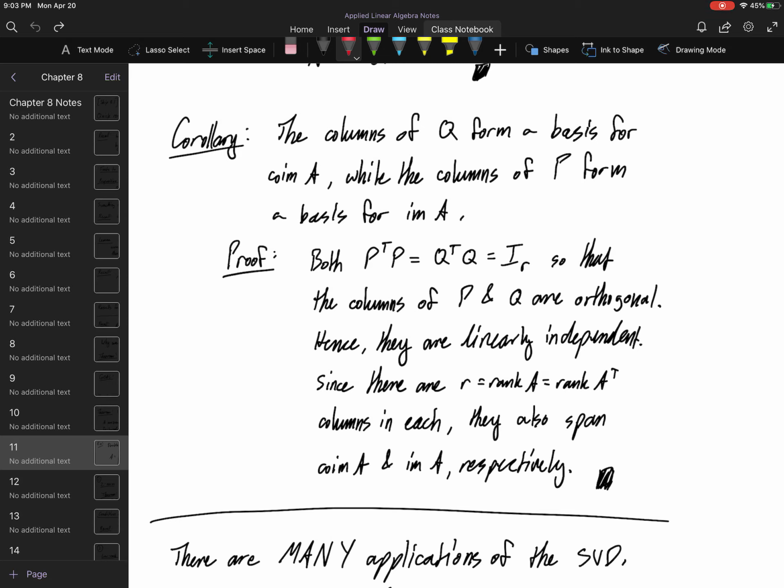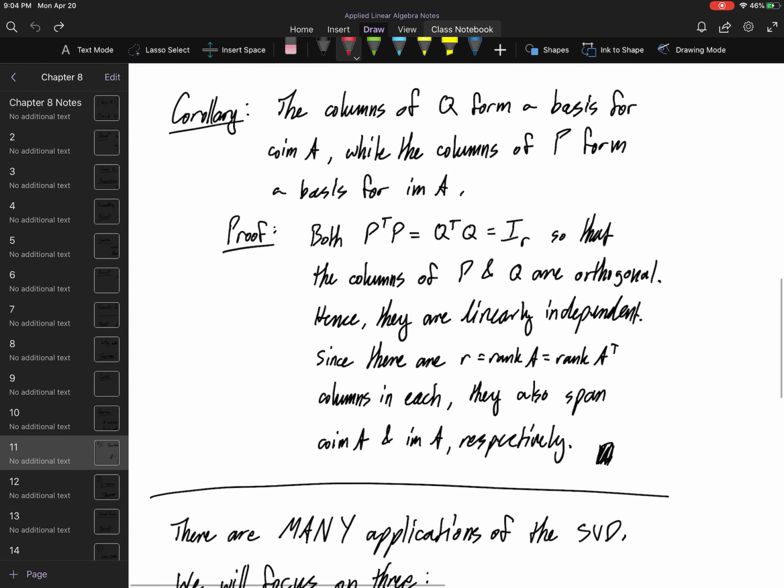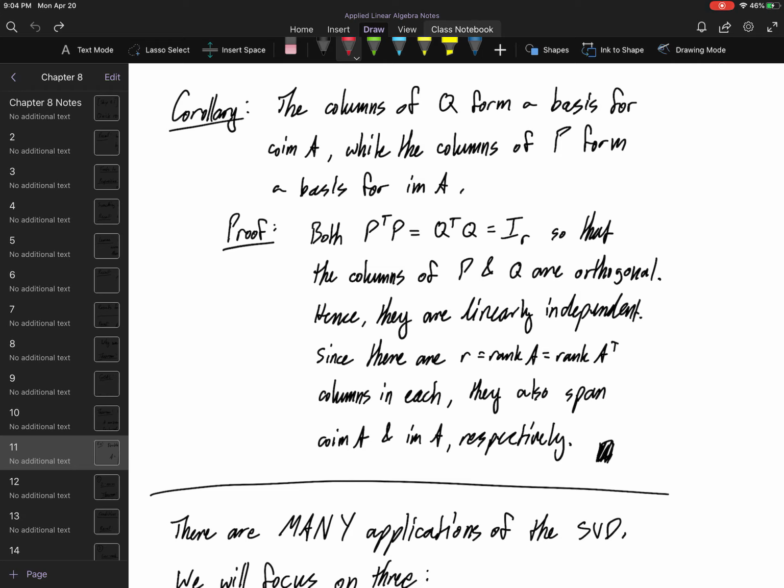All right, and that's where we're going to kill this video. So yes, a singular value decomposition does exist. It doesn't have to be unique, but there is a way to diagonalize non-rectangular matrices. So in order to see what we do with them, let's jump over to the next video, and I will